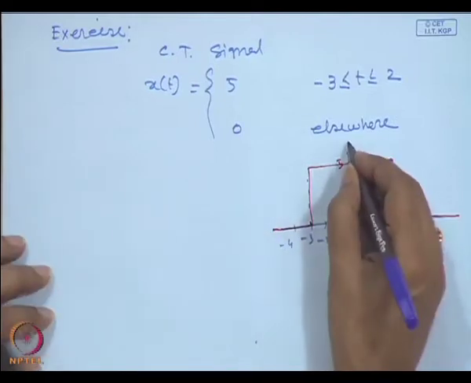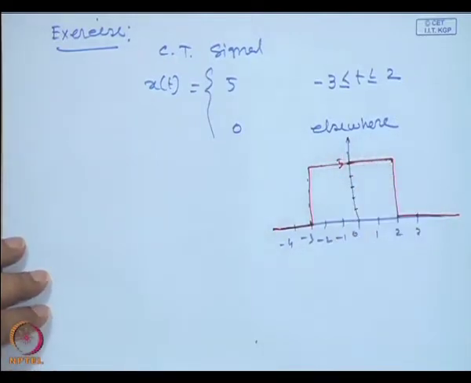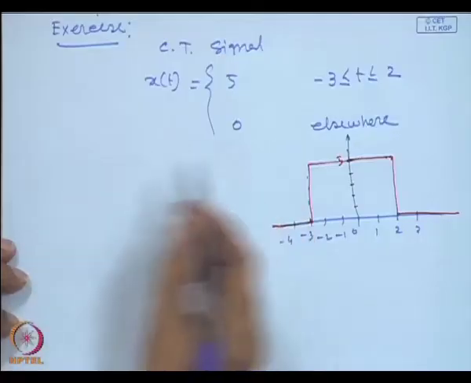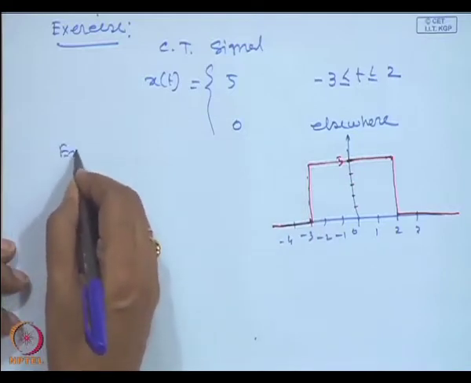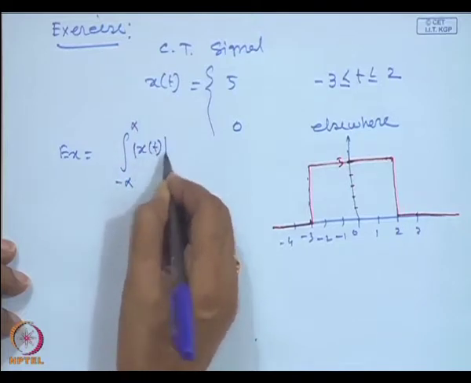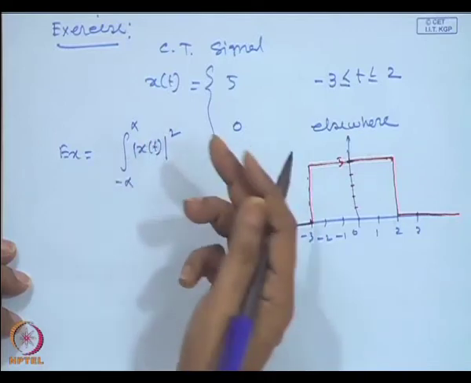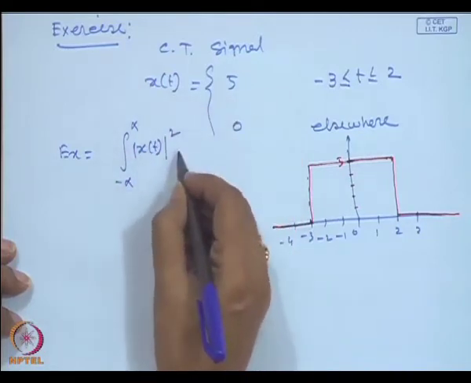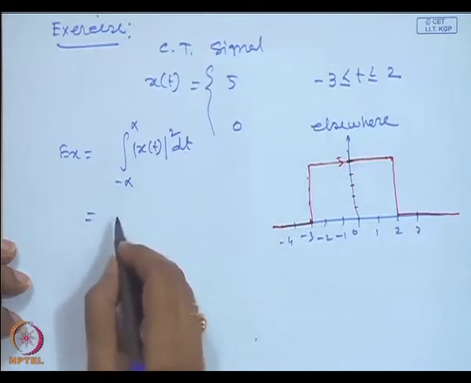So we will use the energy signal definition. What is the energy content in the signal? And when x of t does not tend to 0 as t tends to infinity, then we will use the power definition. What is the power content in that signal? Average power. So if you work this out, E x is equal to the integral from minus infinity to plus infinity of mod of x of t. In this case, since it is a real signal, we need not take the mod; x of t squared is enough. So this is nothing but 25